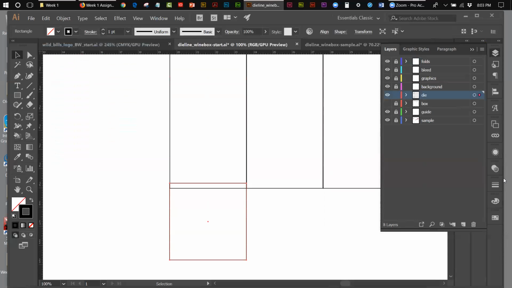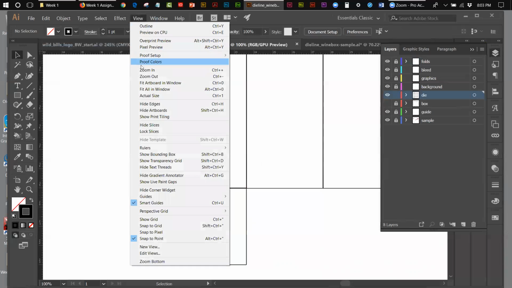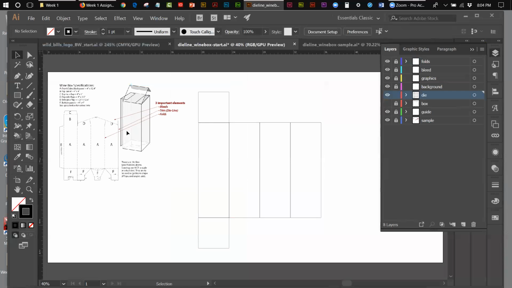Hold the Shift key and down arrow it, and I went too far. I think I want to be right there. Let's see if that's good. I might want to go up just one. That's probably good right there. Now let's go View, Fit our board and window, and let's see what we got. There. Okay, so